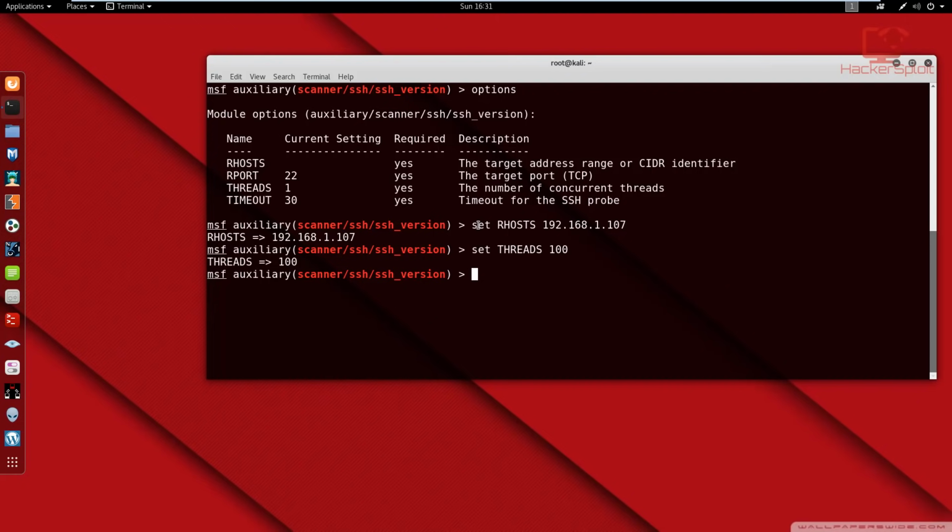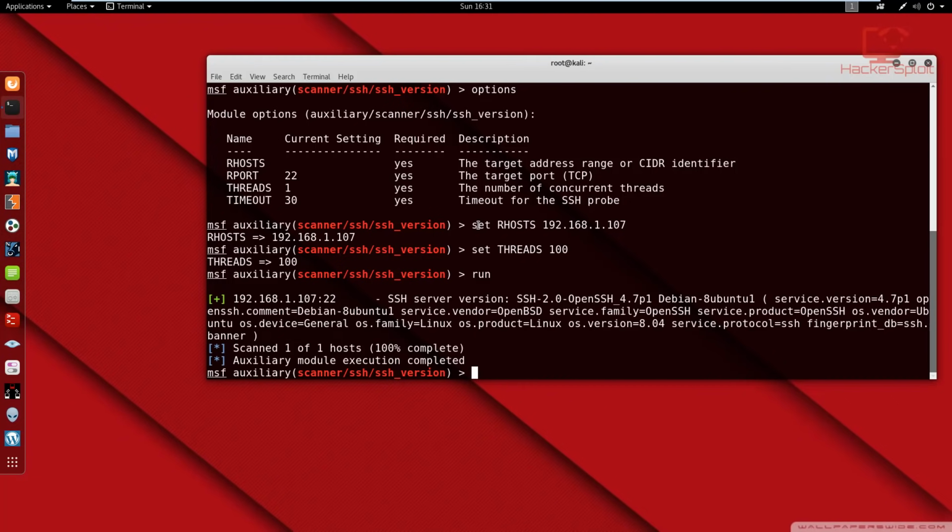There we are. Finally, once we're ready, all we have to do is hit run, not exploit, because we're not exploiting anything. That's also a mistake that many people make, is they go directly for the exploit command. So just hit run, and there we are. Immediately it's going to return the results. On the Metasploitable 2 machine, we have the